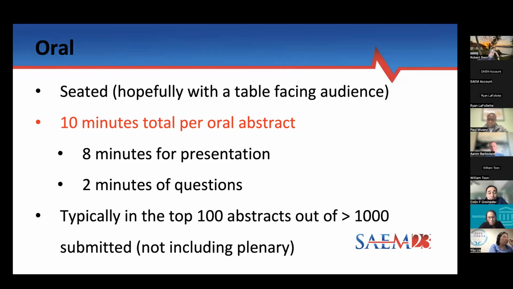So I generally put even more preparation into this kind of session. It's still only 8 minutes per presentation and 2 minutes of questions. But I've definitely had oral abstract sessions where people stay another 20 minutes afterwards, assuming that you have the room to discuss, because some of these are pretty impactful and pretty interesting, and of course also motivated audiences.